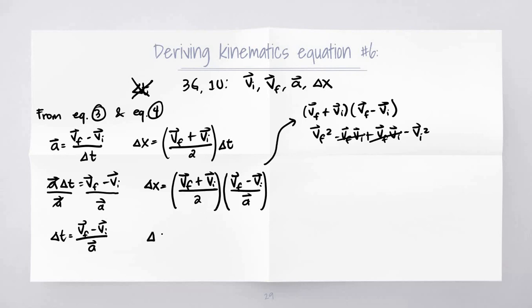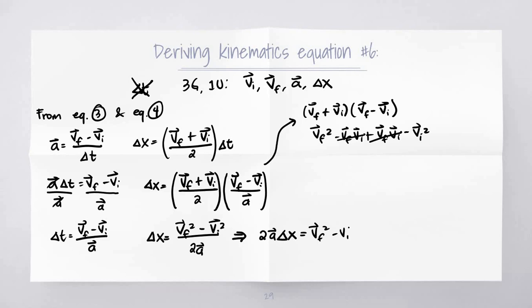So delta x is equal to final velocity squared minus initial velocity squared all over 2 times acceleration. And then we wanted to make our formula a little bit linear, so cross multiply 2a on the other side of the equation, so this will then give us 2 times acceleration times delta x is equal to final velocity squared